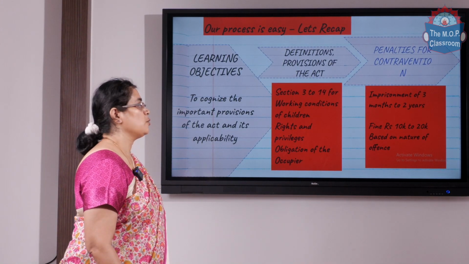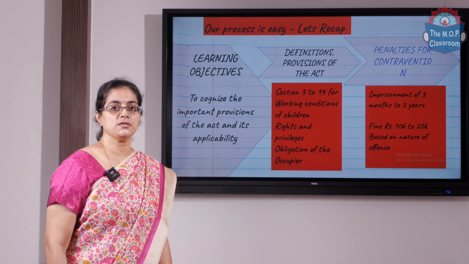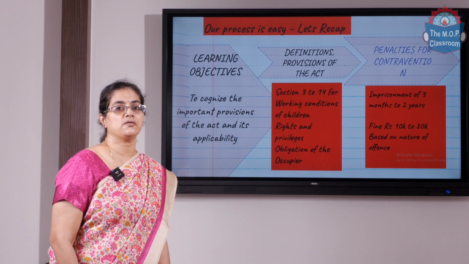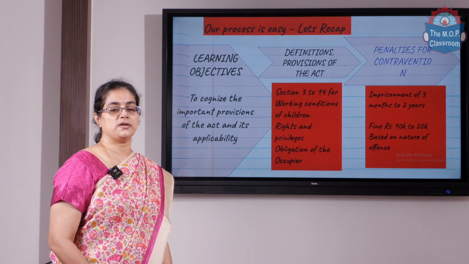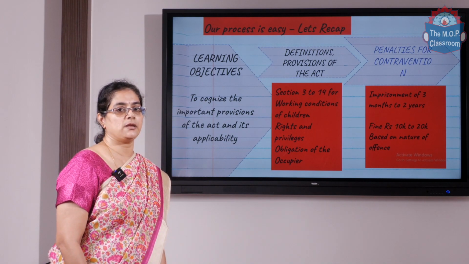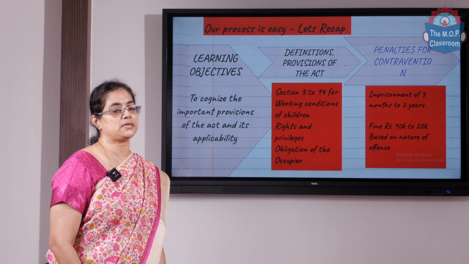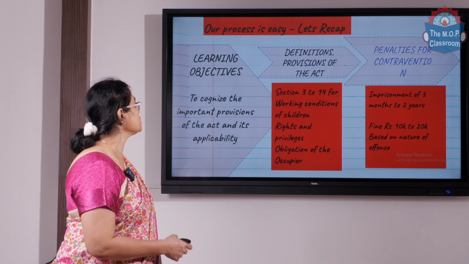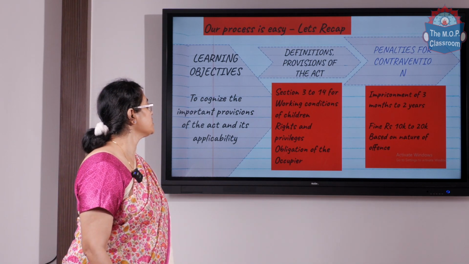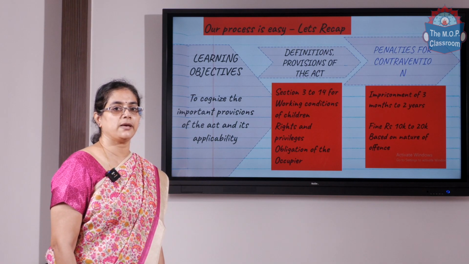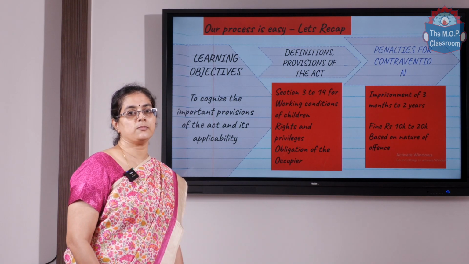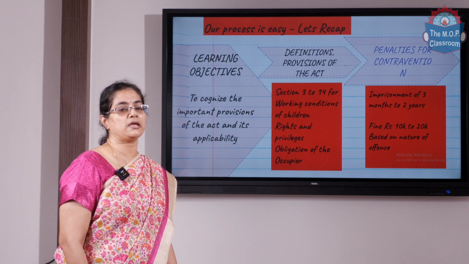Let's recap. We started off by looking at the provisions of the Child Labour Prohibition and Regulation Act of 1986. Our learning objectives included trying to understand the reasons why this Act has been in place and the legal framework that this Act has offered us. We've also looked at the major definitions as given by the Act. Then we went on to see the major provisions stipulated by the Act. We looked at a few Supreme Court rulings to see what the real life scenario is.